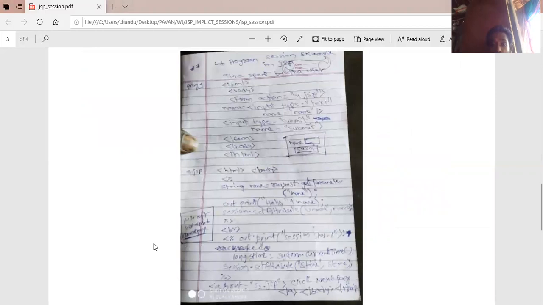Time spent by the user. Here, program number 1, some simple HTML program. It is redirecting to s1.jsp. HTML body, form action equals s1.jsp. Input name equals some text. Input type equals submit, name equals submit. This is the simple output of the program, and automatically this program is redirecting to